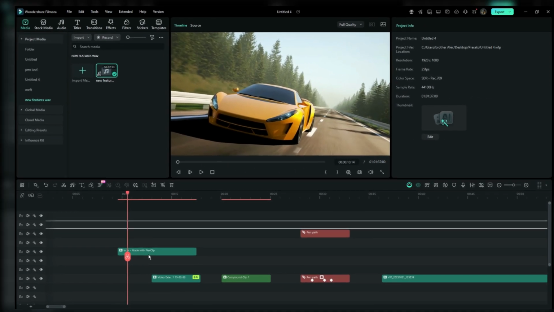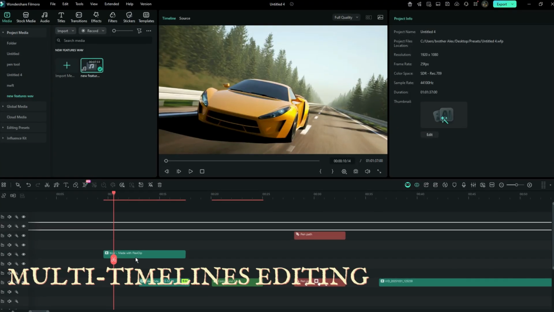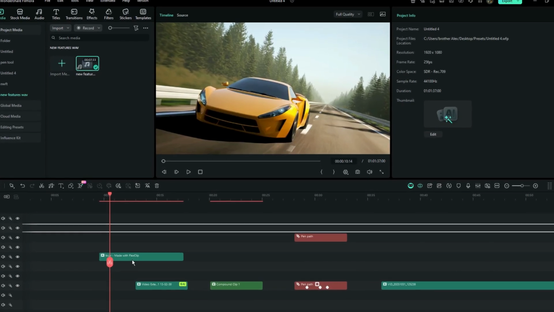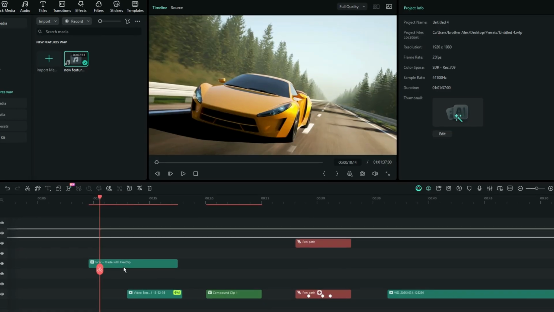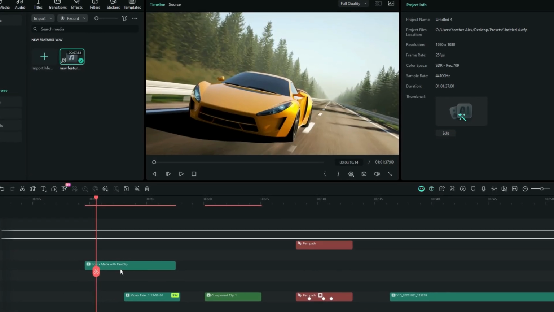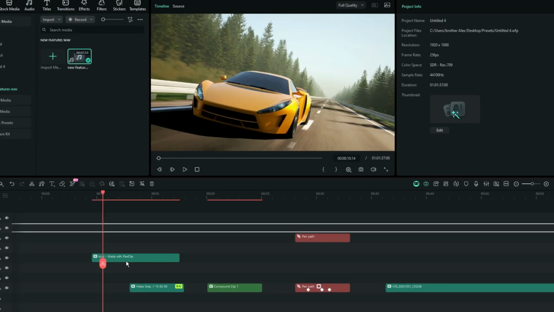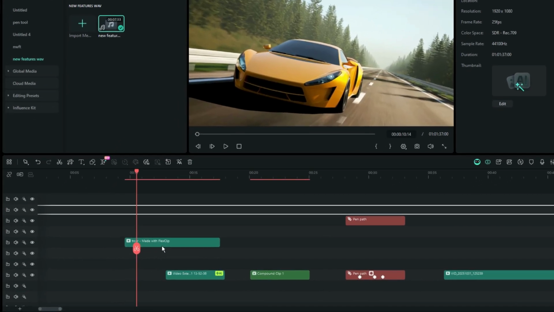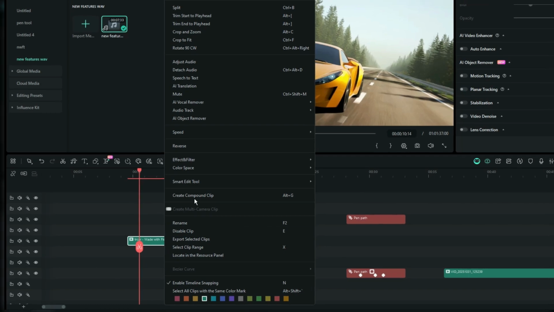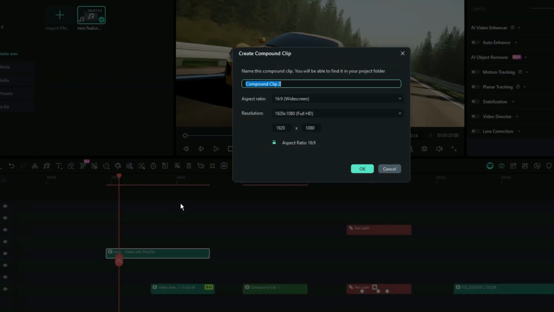Now let's move on to the multiple timeline editing feature. Alright, so the easiest explanation to this is Filmora made it simple for you to switch between timelines through the existing feature, which is the compound clips. Let's say you want to edit another sequence still in this project. Just right click one of the files and then use this old method of the compound clips to create a